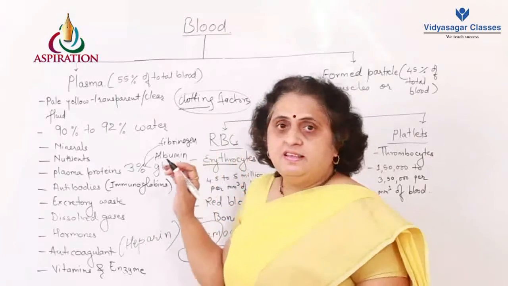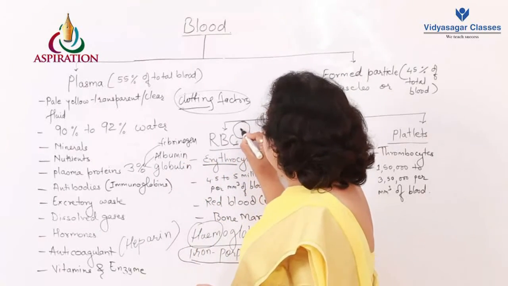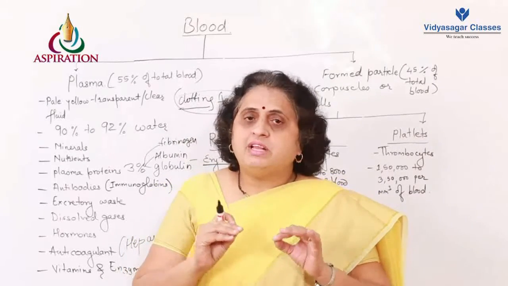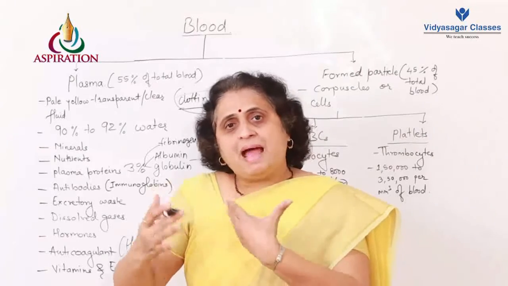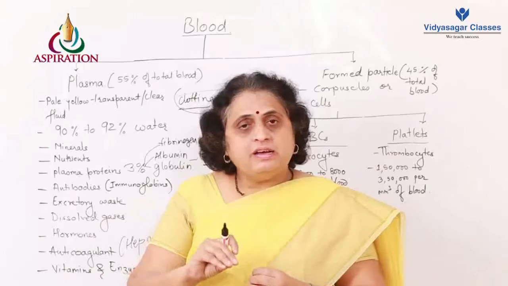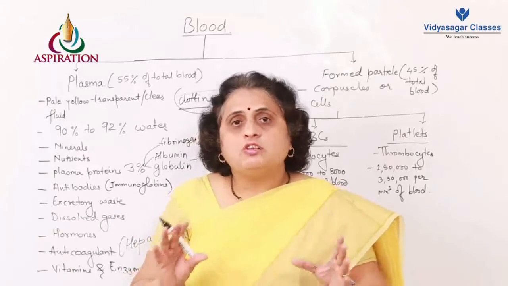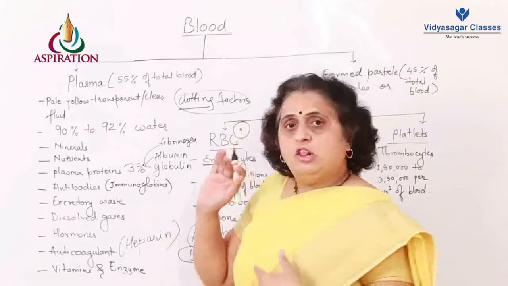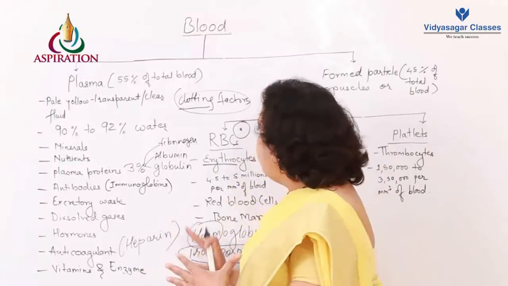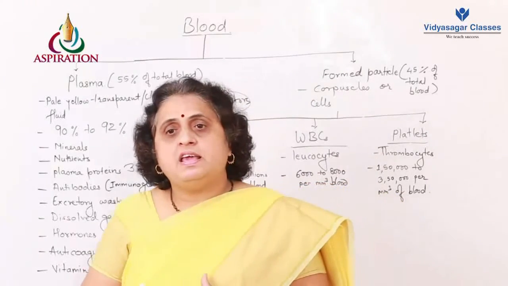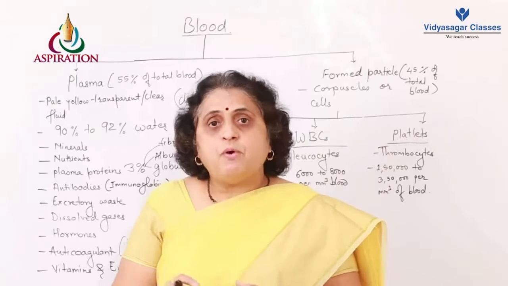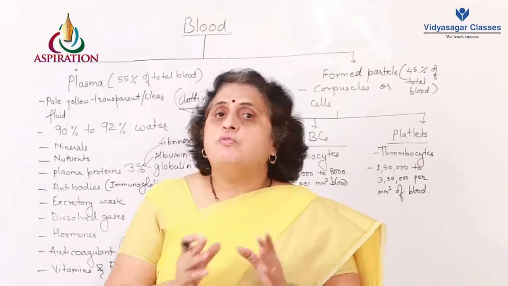If you observe, the RBCs produced are nucleated. When the RBCs are formed, they are normal cells having a nucleus. But as they mature, the nucleus is lost to make space for hemoglobin. So hemoglobin is accommodated inside the RBC by allowing the evacuation of the nucleus. Therefore, in the matured RBCs, you will not see a nucleus.